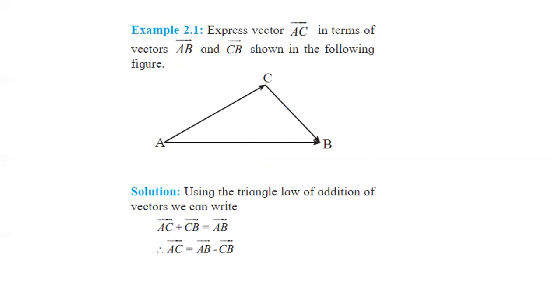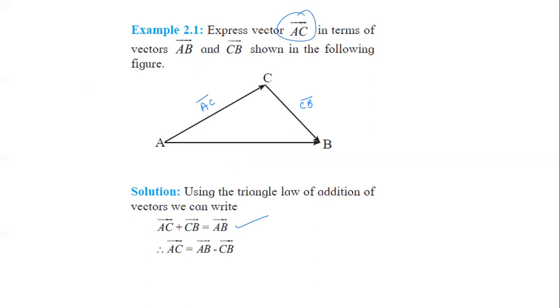So listen, when you are writing a vector, you remember you can write this AC bar. And you cannot write BC bar, you have to write CB bar as per the name, C to B. You can see the arrow is C to B. So AC bar plus CB bar is equal to AB bar. So we get this, and you have to write AC bar.